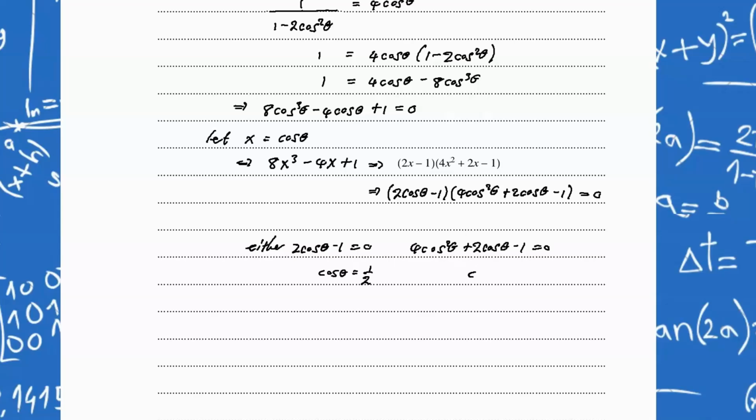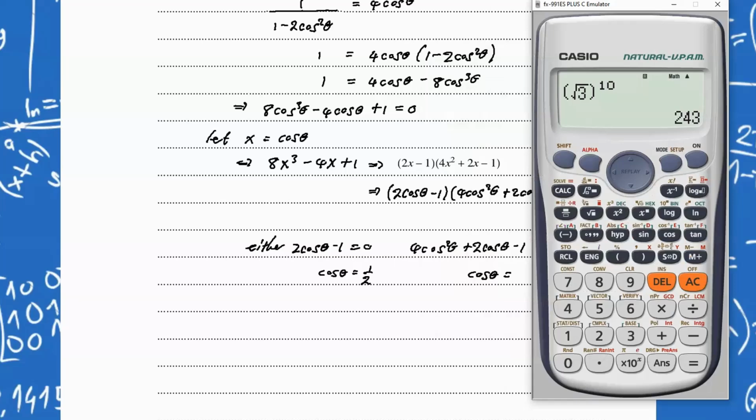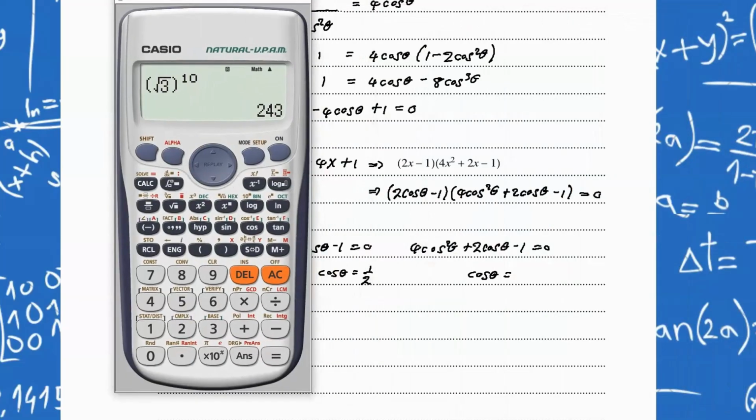All right, so cos theta should be equal to, and I'm just going to use the calculator for convenience. So basically here I'll go to equation mode. So 5 and quadratic is 3, and the coefficient of the square term is 4. So 4 equals, and 2 equals, and minus 1, and it's equals, and the answers are